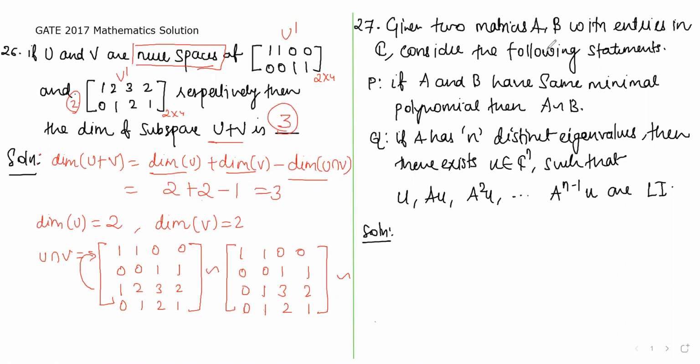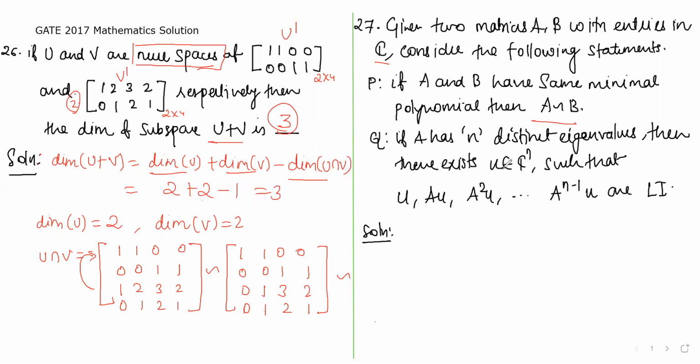All right, now go for this one. It says given two matrices A and B with entries in complex number. So consider the following statements. They have given two statements. That is, if A and B have same minimal polynomial, then is A similar to B? Yeah, that's fine. And the second says if A has n distinct eigenvalues, then there exists a vector U,